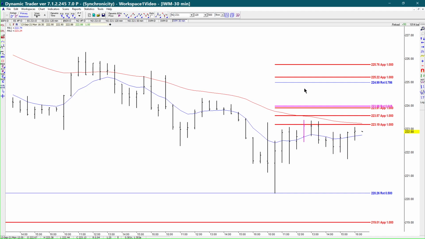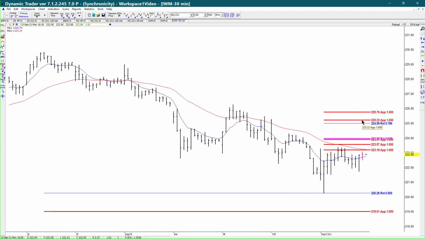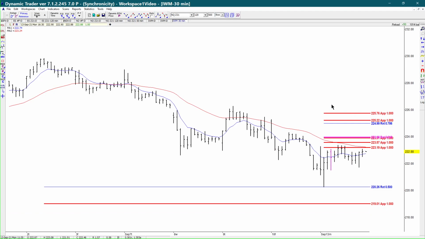223.91 to 223.98, 224.99, 225.22. Again, these are the areas of resistance that you want to watch for a possible failure. But if we end up blowing through them instead, then we start looking at the pullbacks on the buy side instead. All right, so that's